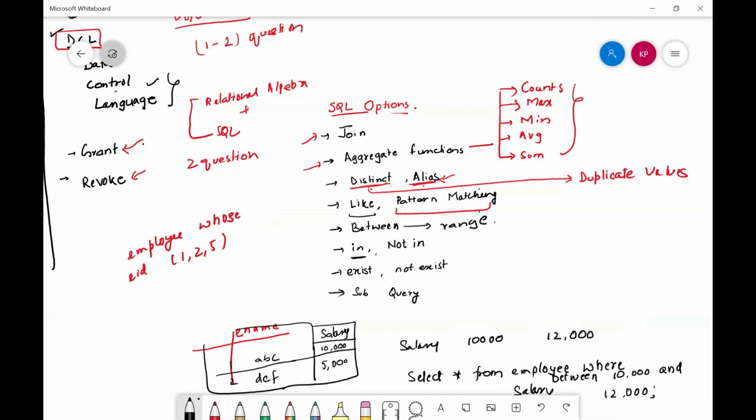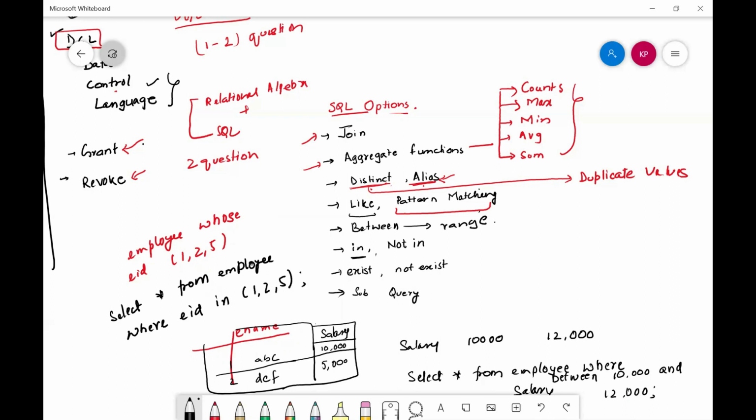Select star from employee where EID in 1, 2 and 5.